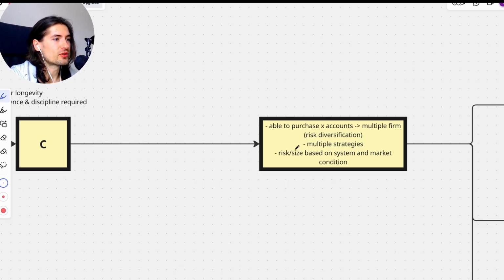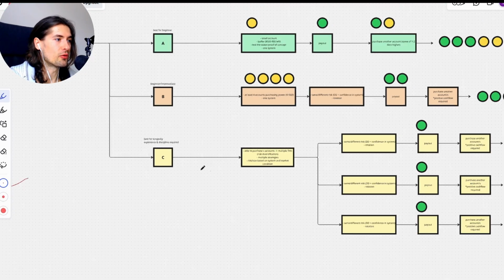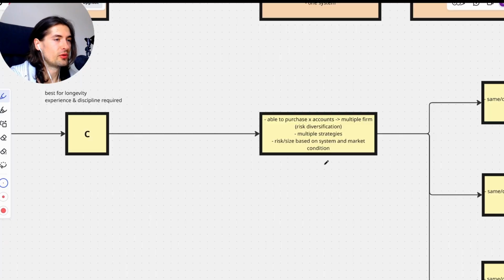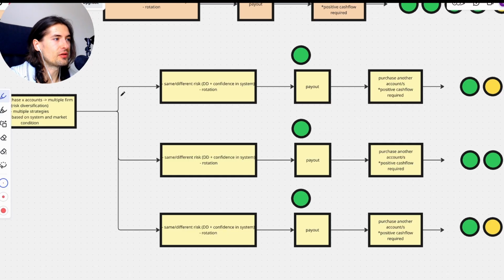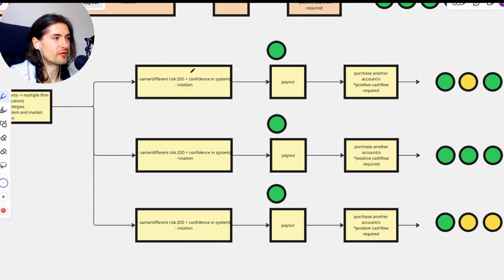And in this approach you can run multiple strategies with the risk based again on the system and the condition. I already mentioned it right here. The video is already too long, so I hope you get the point at this stage. You could think of each tree as an individual strategy or a prop firm. Obviously you can play with different risk parameters within each account and firm, but the goal is again being able to purchase a couple of accounts and still have a buffer to purchase more just in case you fail